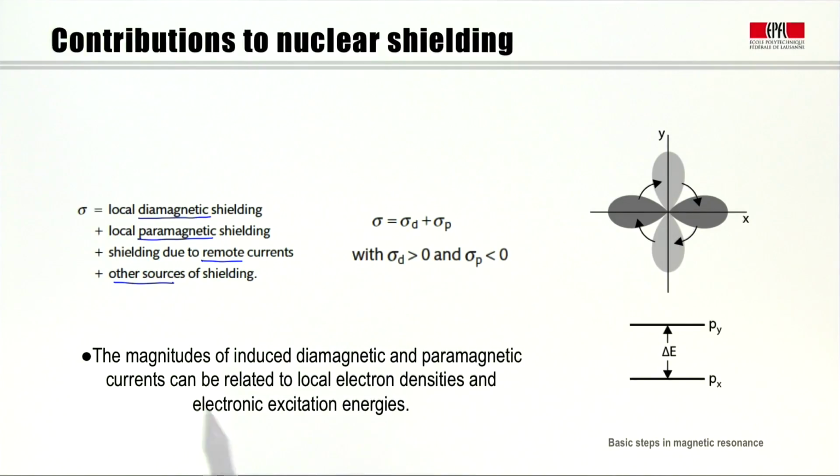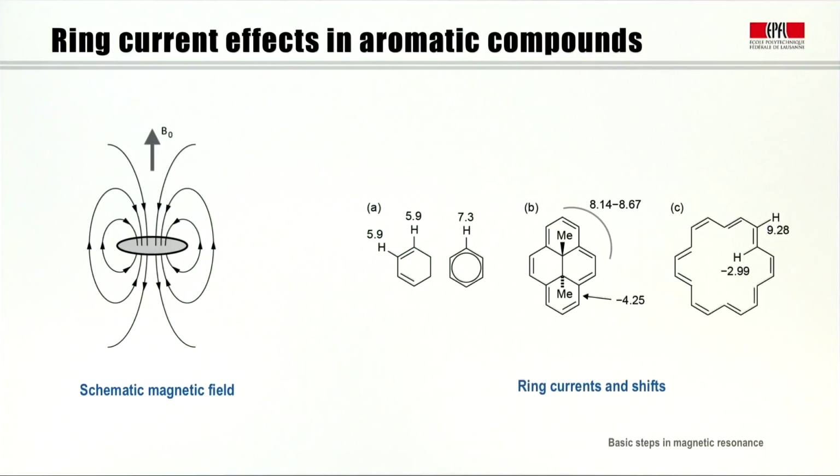Now, remember here that the magnitudes of induced diamagnetic and paramagnetic currents can be related to local electron densities and to electronic excitation energies. So this is clearly inspired by the work of Ray Freeman and Rex Richards on cobalt, but is not necessarily of universal application. Some of the most important contributions to chemical shifts are so-called ring current effects, which are specific